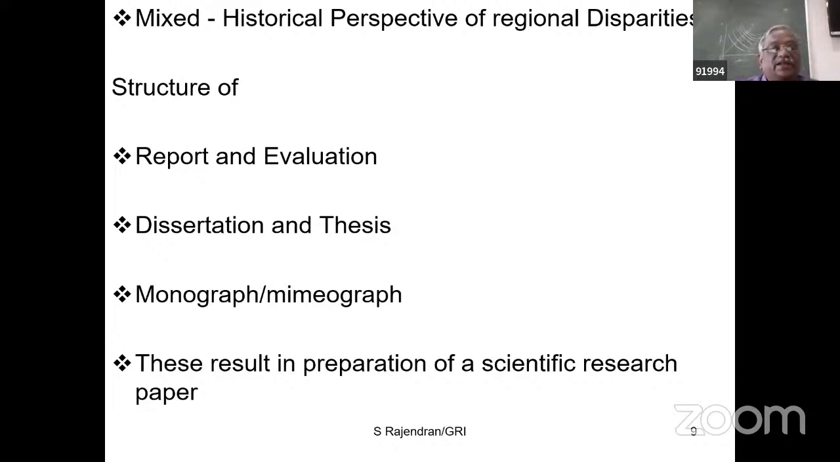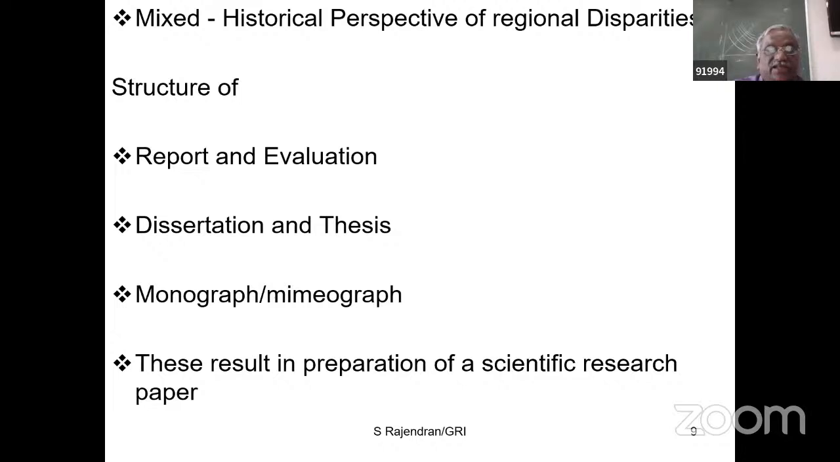And now let us get into a different social science report, like typical reports and also evaluation reports and dissertations, thesis. There is a distinction between dissertation and thesis, monograph, mimeograph, and all these lead to a result, leading us to take up a scientific research paper. Of course, the reasons already listed will pressurize us to prepare a scientific research paper. It could be for career building, it could be for promotion, or it could be for the institutional